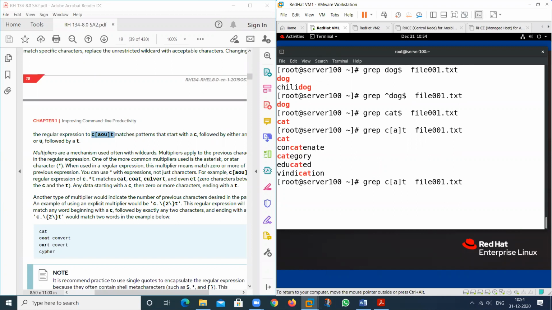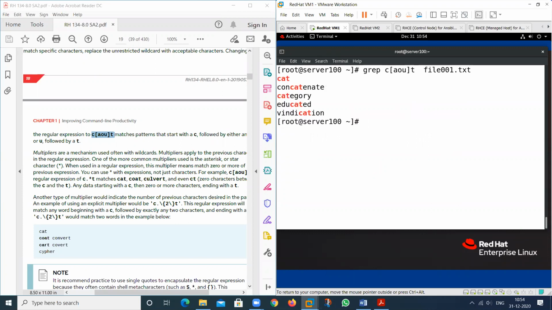What is the use of this? So this is a, O also, U also, then see the result. So we have C, then A. If I have a value related to O after the C, also print. Related to U, also print. So see, we have one more concept.